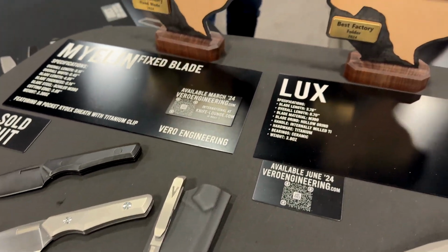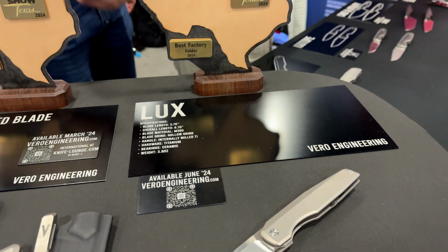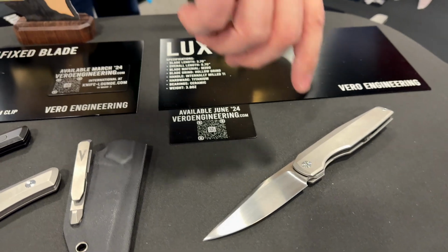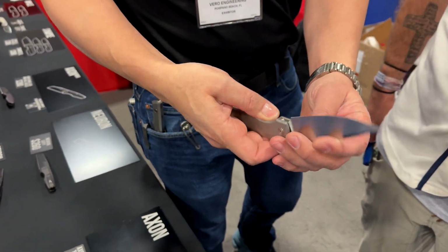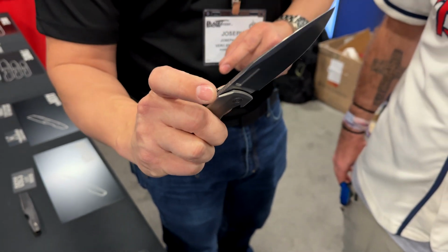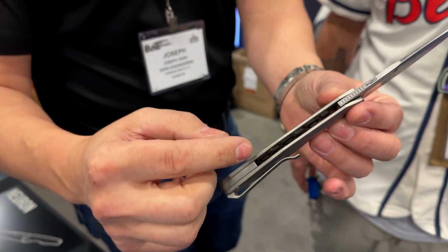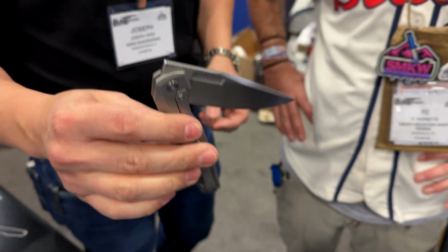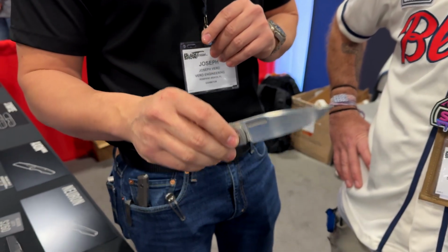That is awesome. Now, what is this other award for here? So, the best factory folder is our Vero Lux. This is a full titanium frame lock, M390 steel blade. It has the Vero flipper, hollow ground, hand satin on this one, and if you notice, it has internal milling, a honeycomb pattern in there. I was able to take as much weight out of this as possible to get it to 3.8